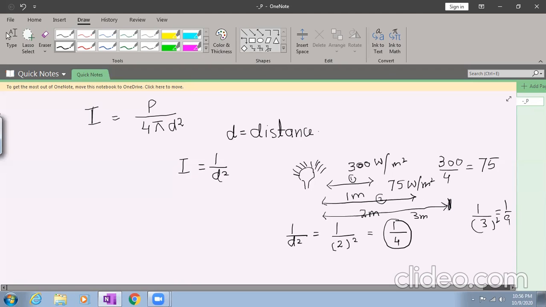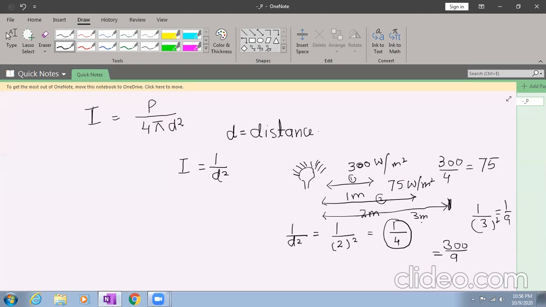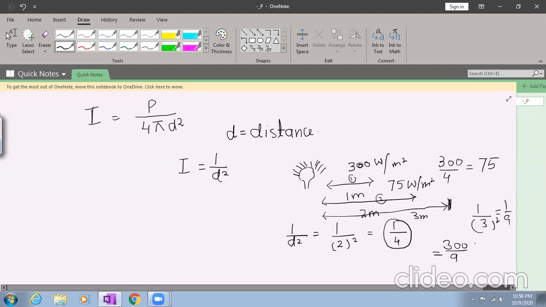So the original at 1 meter was 300, so now it's 9, it will become 300 divided by 9, so 33.33